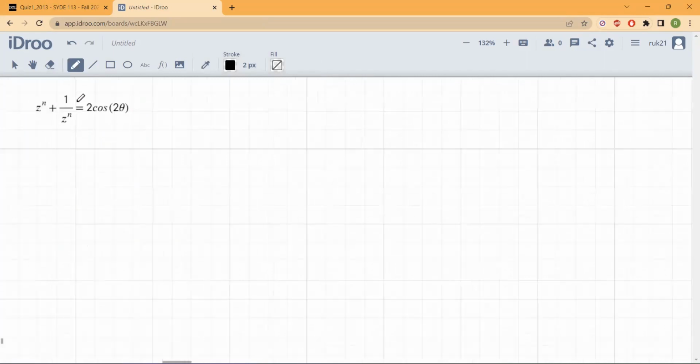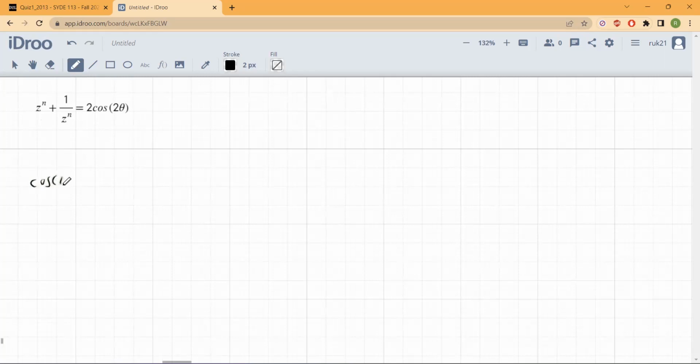Great. We're back here. So here it is. We need to prove that z to the n plus 1 over z to the n is equal to 2 cos n theta. This one comes from the 2013 quiz, I believe. What we're going to do here is z to the n, which is just an imaginary number. We can express imaginary numbers in many different ways, right? And the way we're going to use here is z to the n is equal to